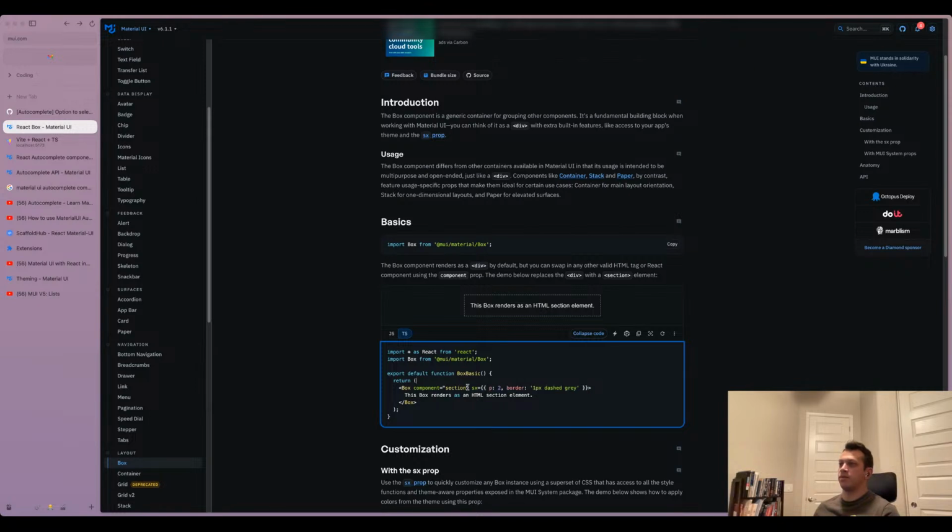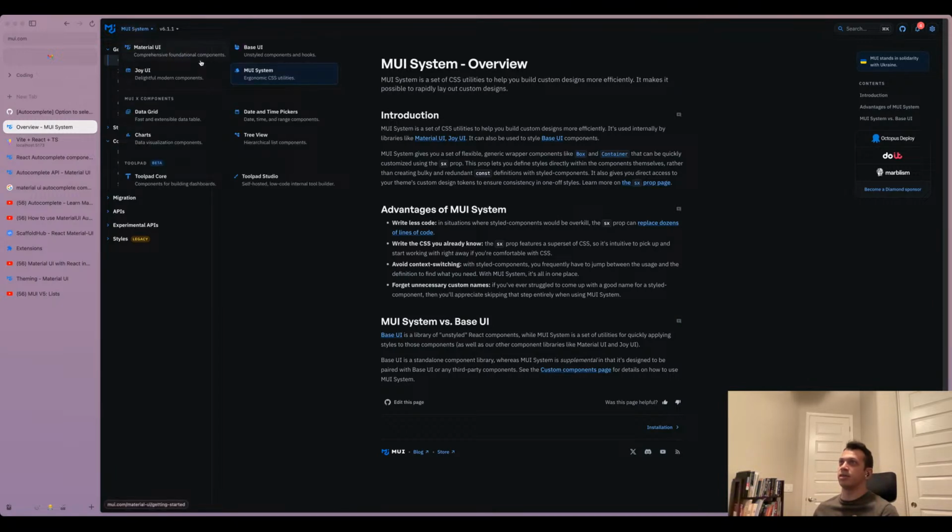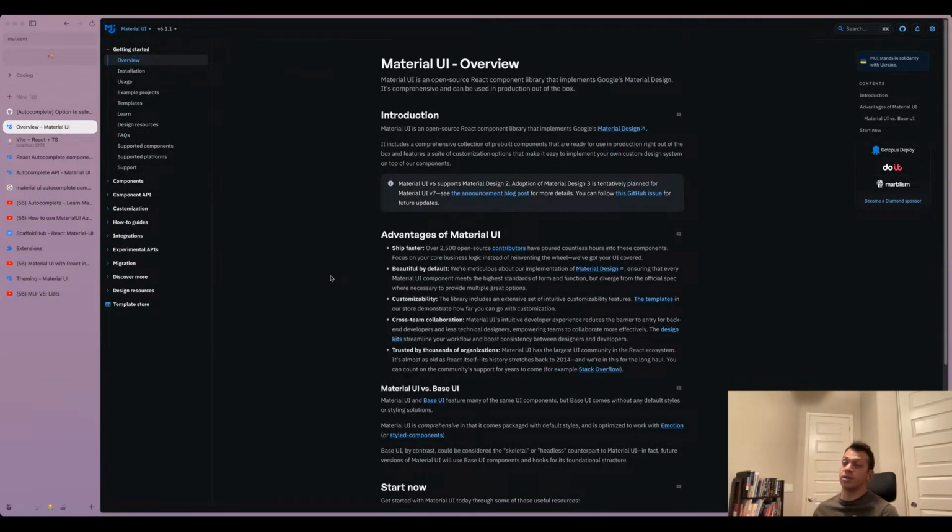Anyway, for some reason I was under the impression at work that this sx property could only be used if I did install MUI System. But looking at some of the components here, it looks like MUI System and standard Material UI are two completely separate standalone things, and I don't need to install the system if I have Material UI. I just got confused when I was coding and didn't see the changes I was making to the sx property and thought it wasn't working. So I thought, oh, I've got to go install it. Anyway, I was just double checking on that in the docs